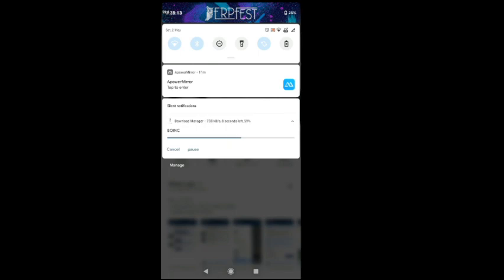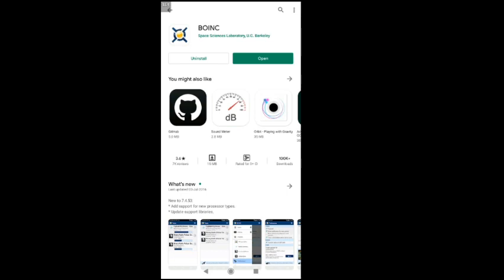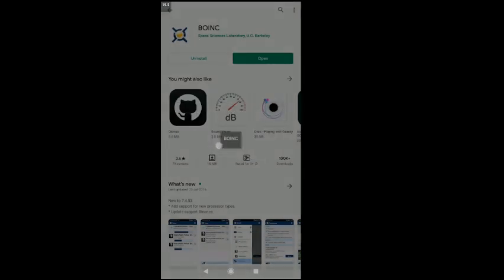Okay, so wait a few minutes more. Guys, if you have any old PC or old mobile phone on which you don't do any main work, you can use it for giving some power of your PC to fight against coronavirus. So click on OK and click on exit, open.